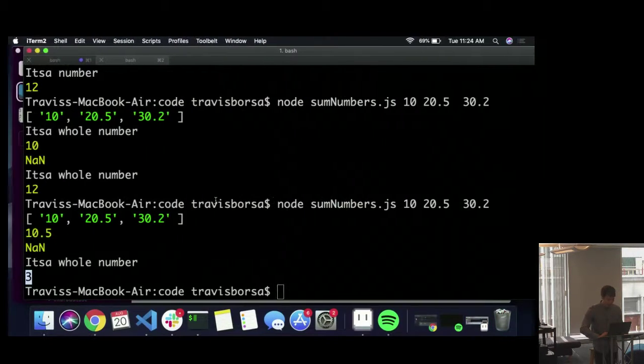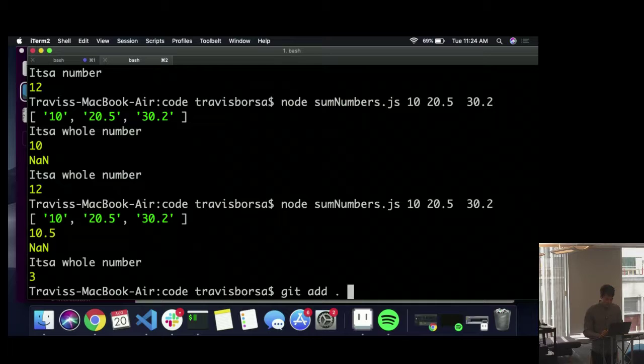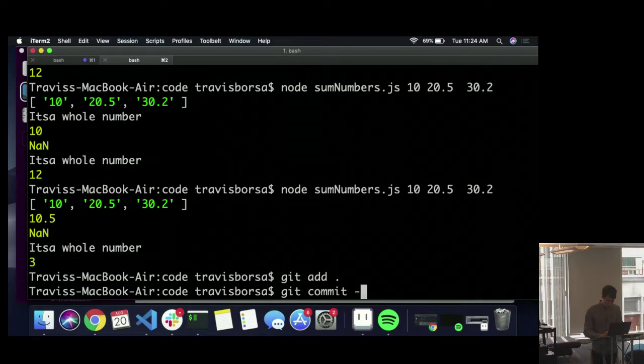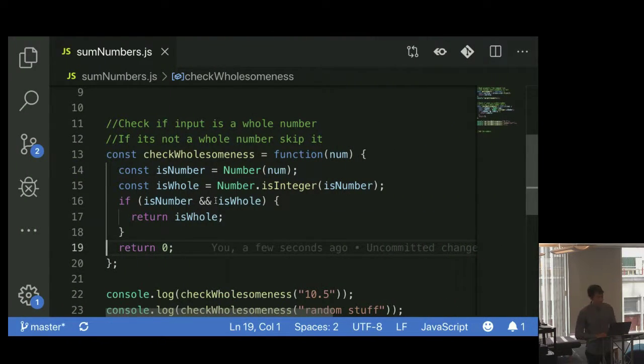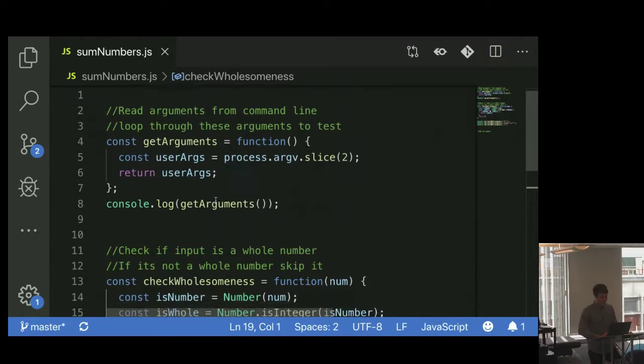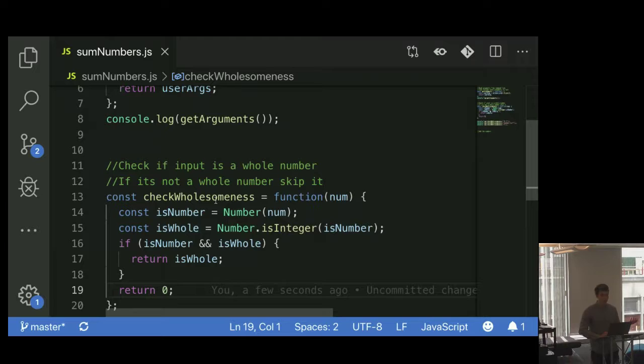So at this point, we're at another checkpoint. We can do a quick add and quick commit, function for checking whole numbers. And I know it seems like I'm committing a lot. You might be committing less in your real workflow, but it's more to illustrate a point that we do want to make it a practice of committing throughout our programs and making sure that they have meaningful messages so that if we look back on this history, we can see the lifespan of our project in meaningful chunks,